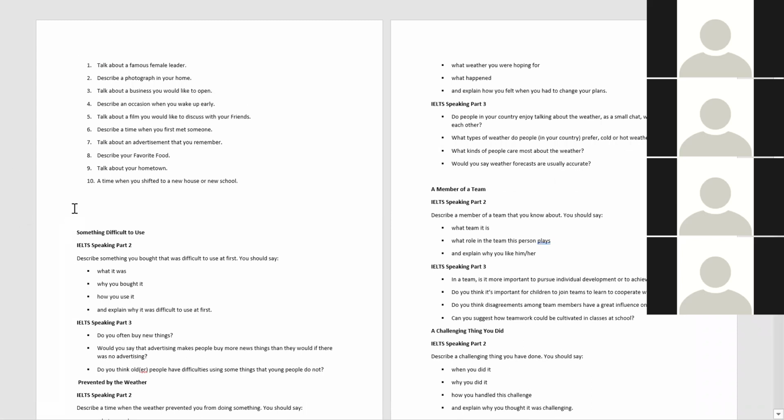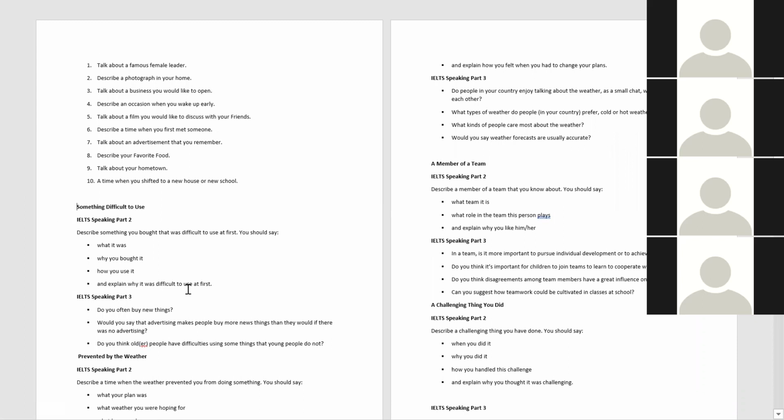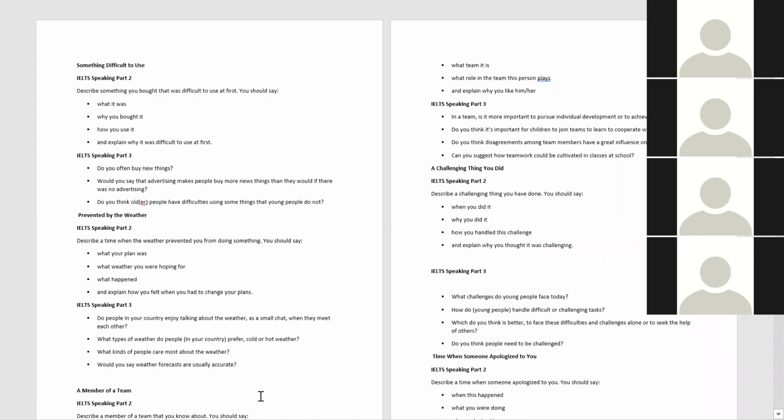Something difficult to use. We will say this cue card and then we will talk about the part 3 question of the same. And then prevented by weather. Prevented by weather, a time when the weather prevented you from doing something.